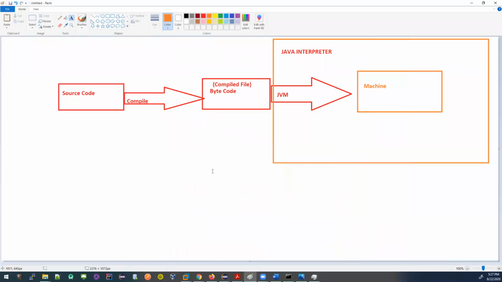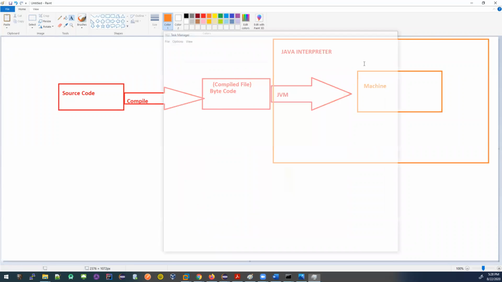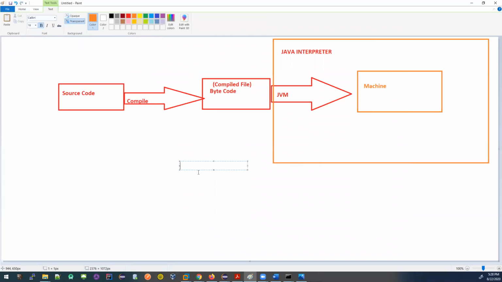Now again, as we move forward and learn more about Java, we'll be talking about Java objects and how instances are created. Why does Java have its own memory management system? Because we can have so many objects created and they should be tracked. Maybe one object can communicate with another object. Maybe you change something in some code, it should be reflected in the other. There are a lot of other object-oriented concepts that could be well explained, and then you'll understand why Java needs its own memory management system and what it is doing.